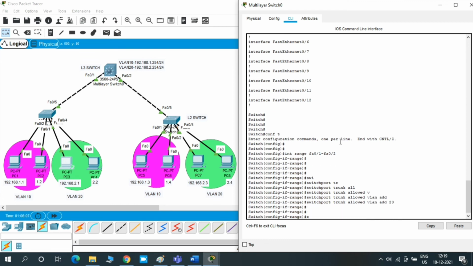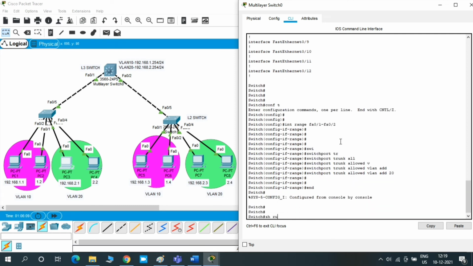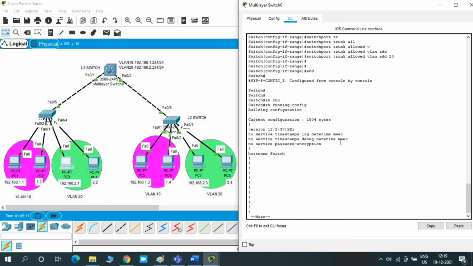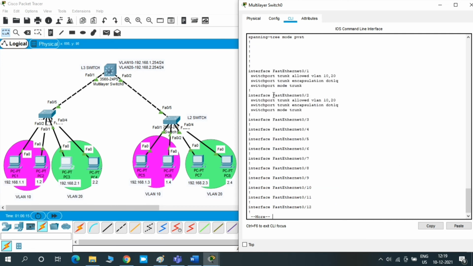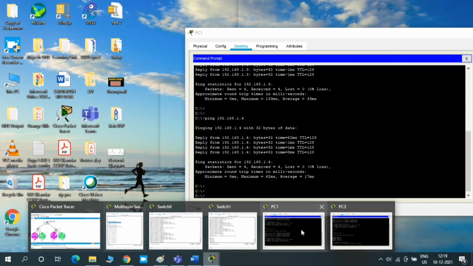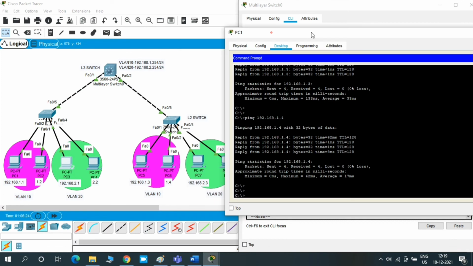You won't get any logs, so it was not impacting the already running VLAN 10. Okay, see, now you can see VLAN 10 and VLAN 20 are both passed on these two interfaces.